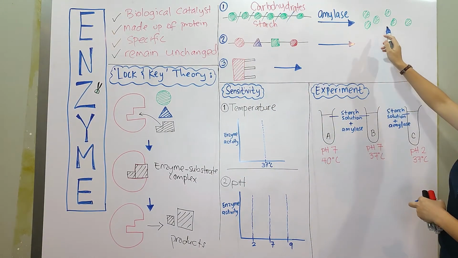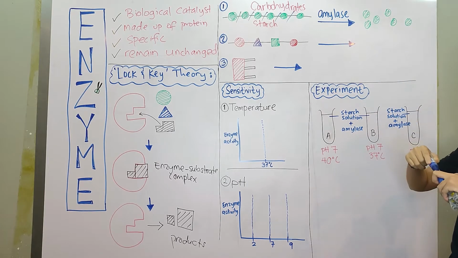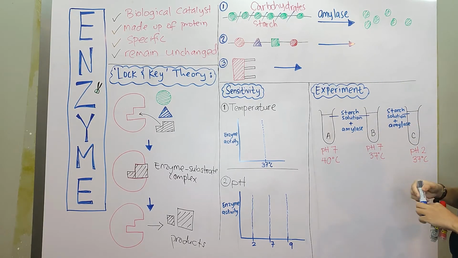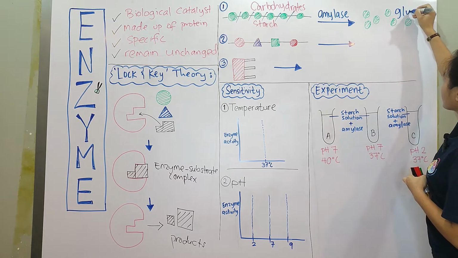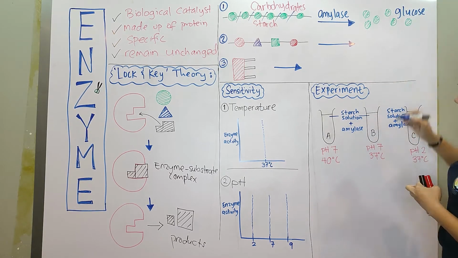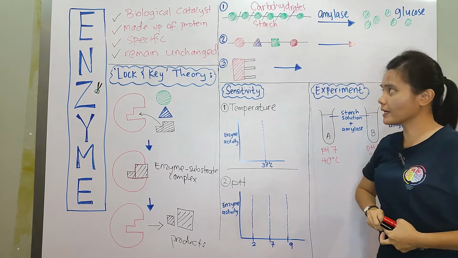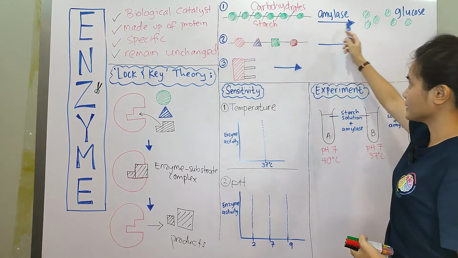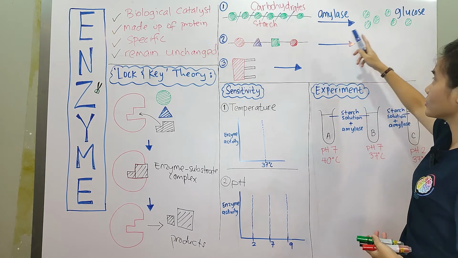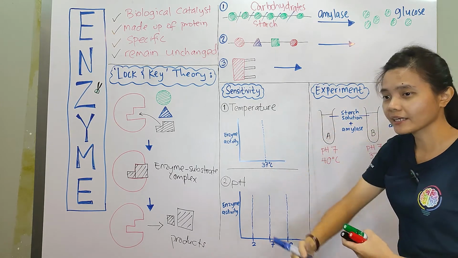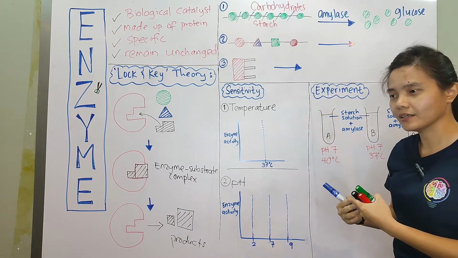So you have... what is the product? The product is called glucose. Okay, so sometimes in this part, first example, carbohydrates broken down by amylase into glucose, they can connect this question to respiration,